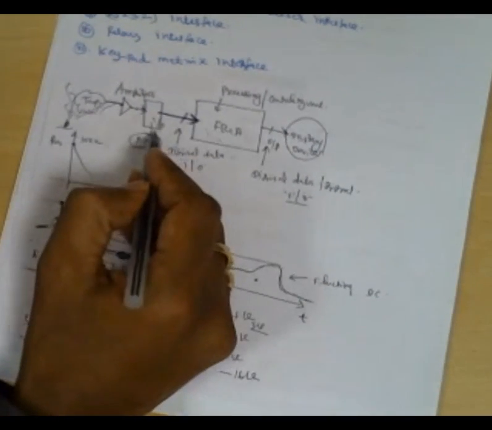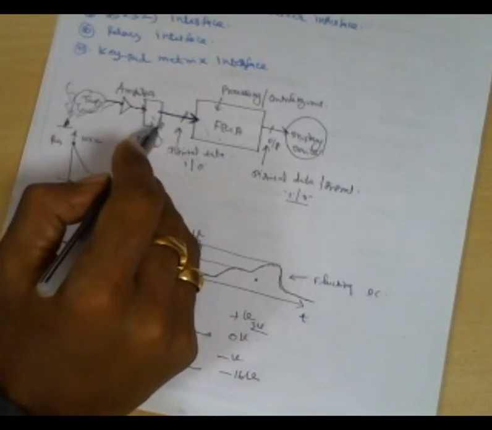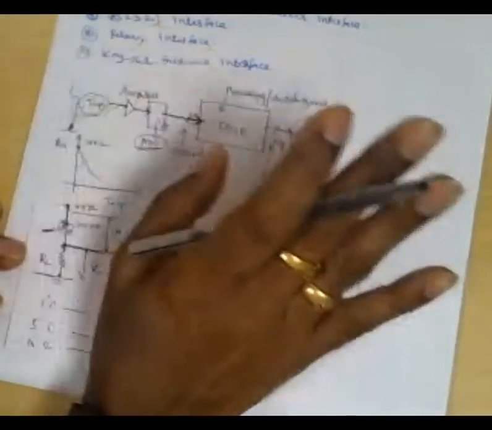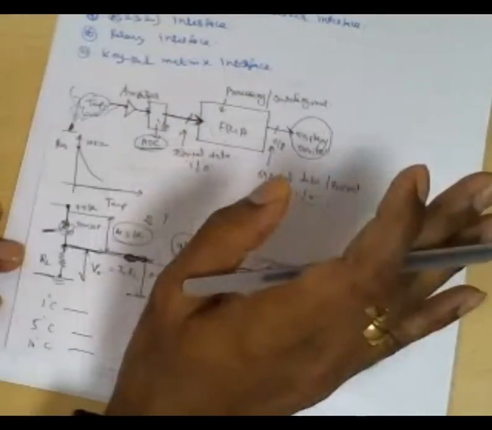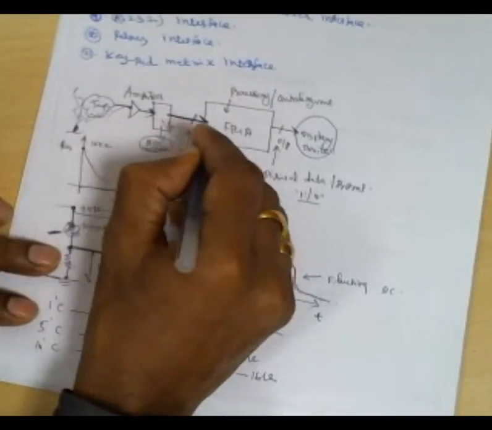So how this conversion is taking place, what is the sampling, what is the quantization, what is the encoding, all those things are in the first unit of your DSP course. How the conversion is happening, right? How the digitization is happening, all those things are there in the first module of your DSP course now. So now we straight away assume that this ADC is giving us digital data. What is going on inside is in the subsequent courses, right? So the analog signal is applied here, and this is giving you the output now.